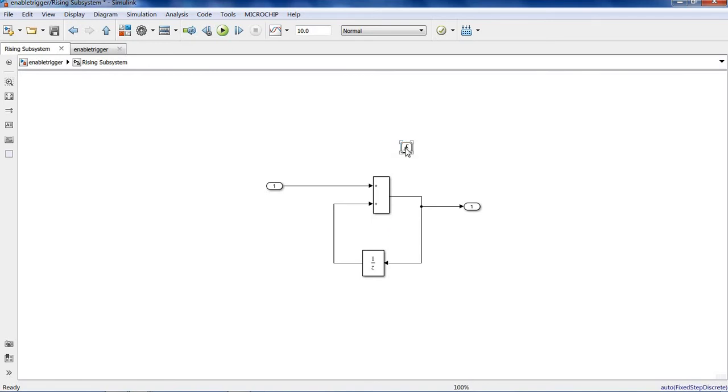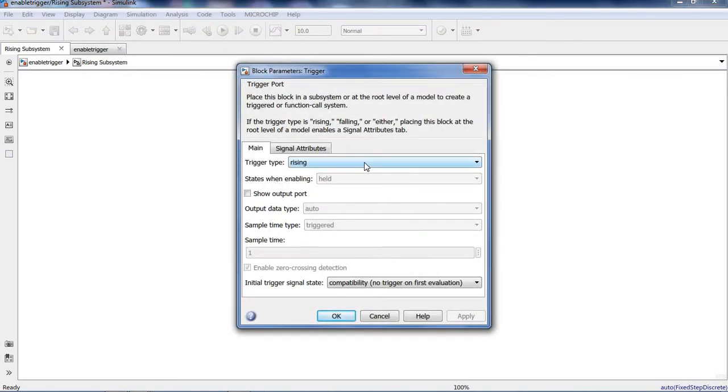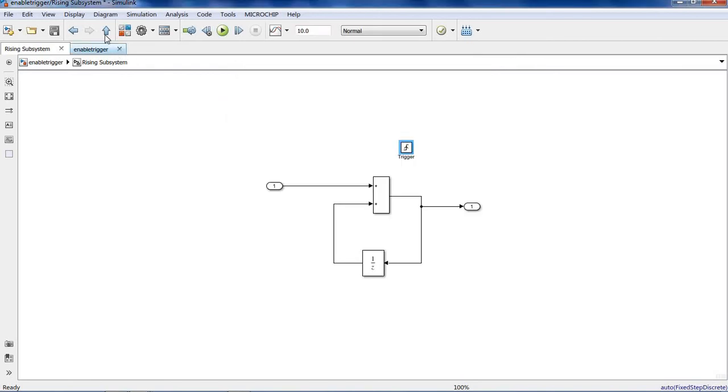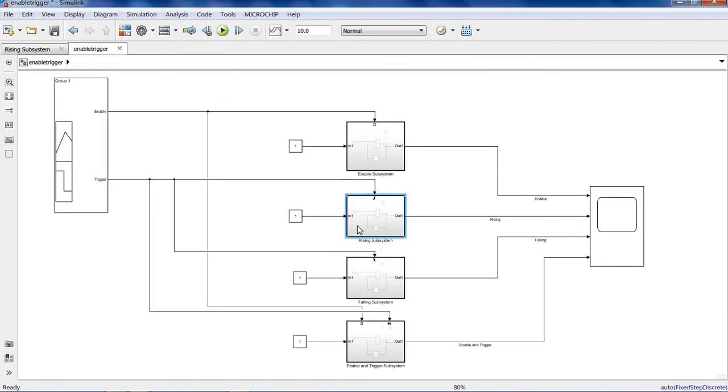If I click here, you have the options: you want to update the output on a rising edge, falling edge, or either rising or falling edge, or function call. These are the options available. Now I'm selecting rising edge. So apply and OK.